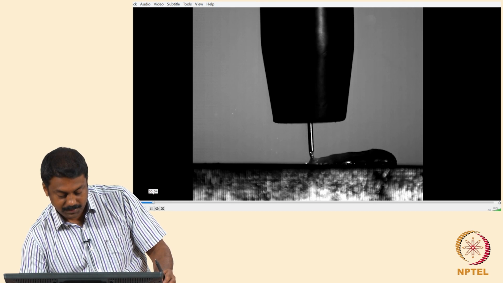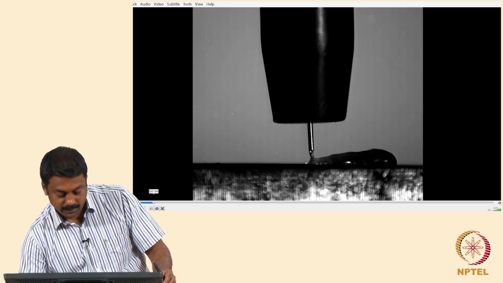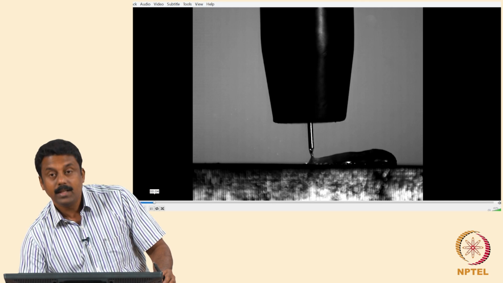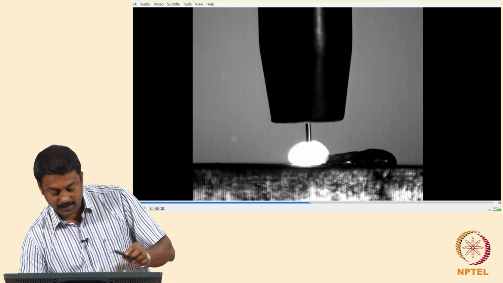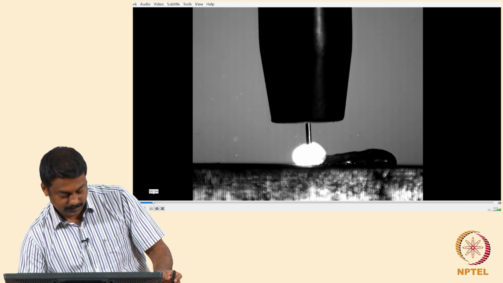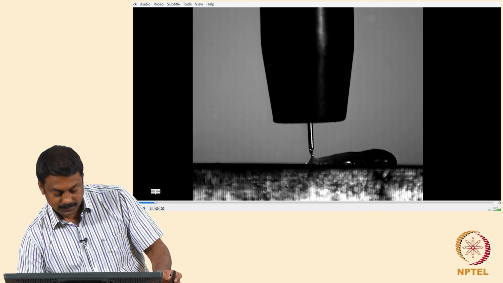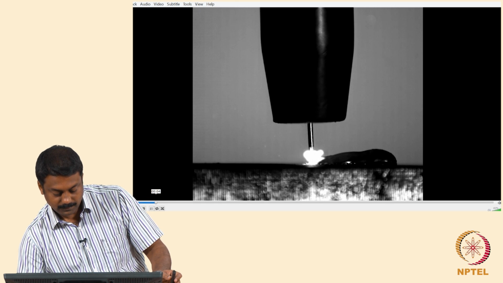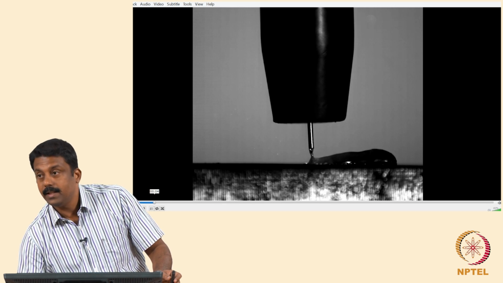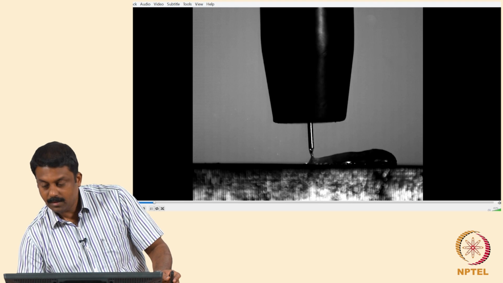So when you want to establish a short circuiting transfer, you need to make sure that the current is switched off. Look at the cross section area. It is decreasing extremely small, isn't it? You see that? So that is the reason.